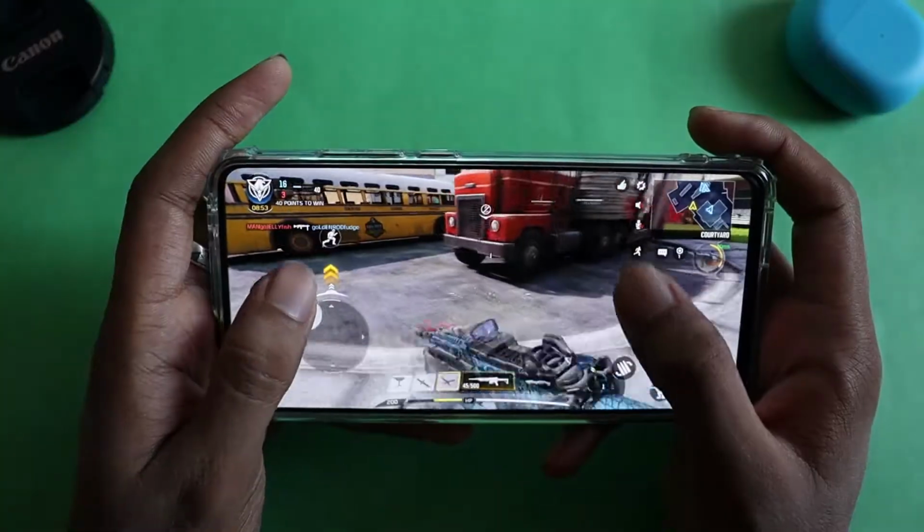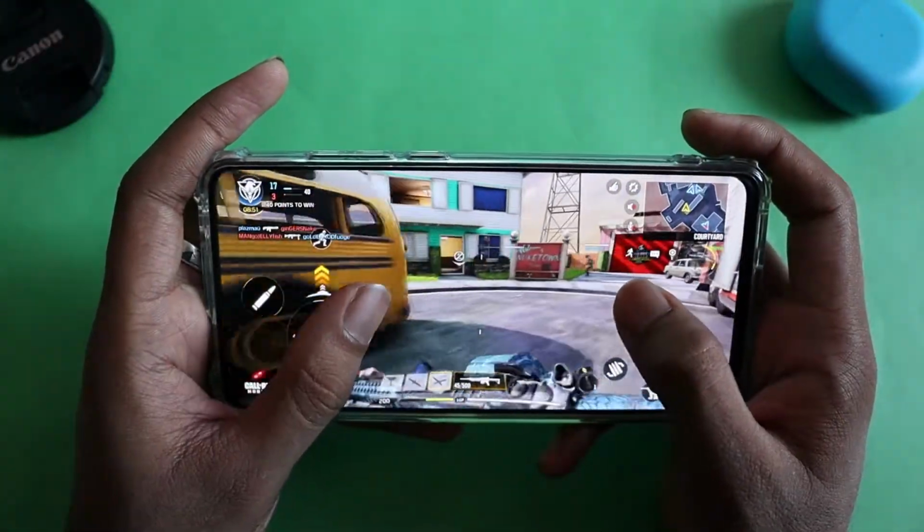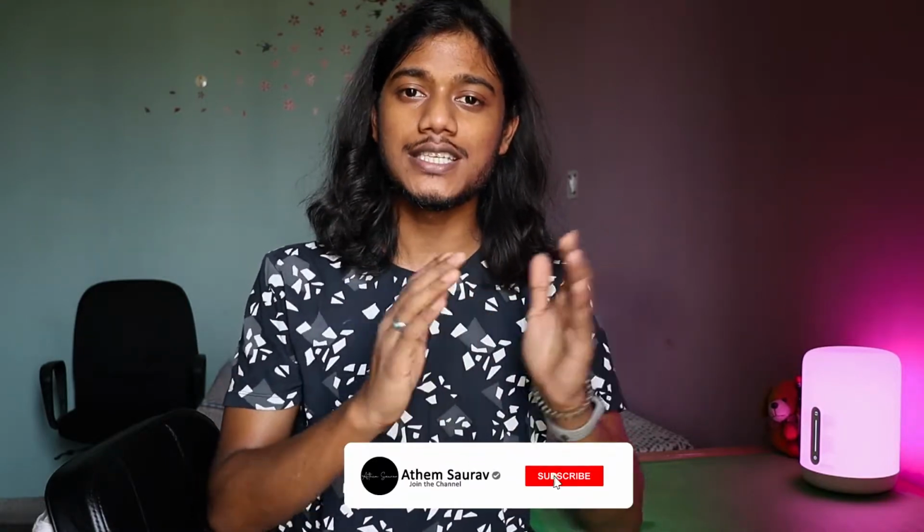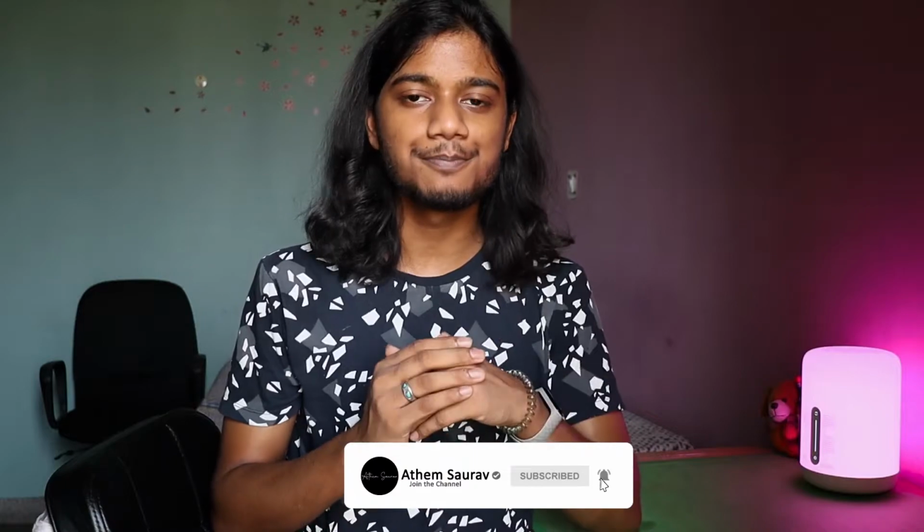This ROM is specific to all those people who are playing games on their mobile phone because it's really good in terms of performance. And I think this would be one of the only ROMs that would give you the highest benchmark scores when it comes to performance. Second good thing about this ROM would be the customization options, which would be huge literally. So stick to this video till the end to make sure you see each and every aspect of the ROM comparison. And with that said, let's begin.